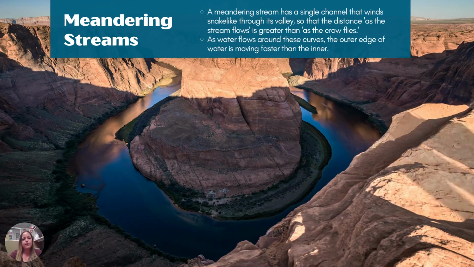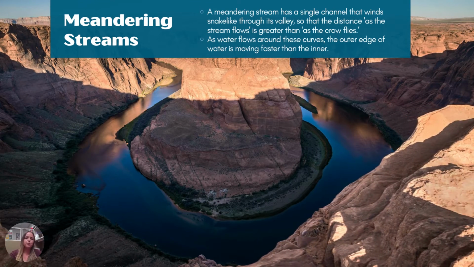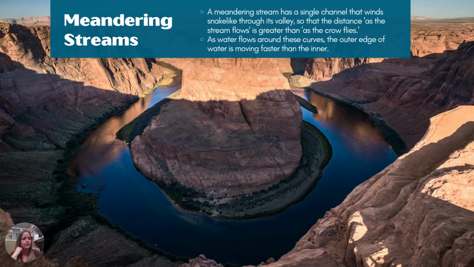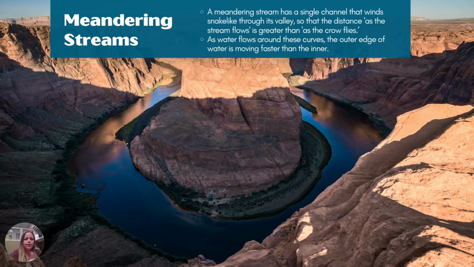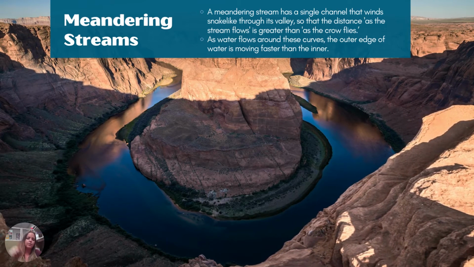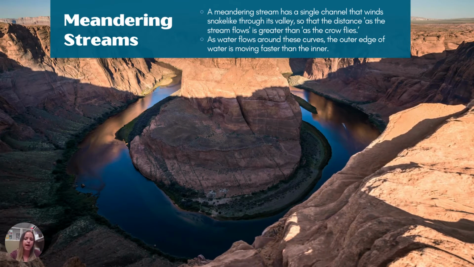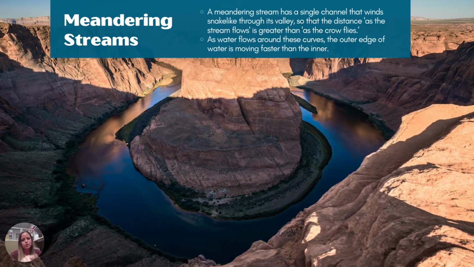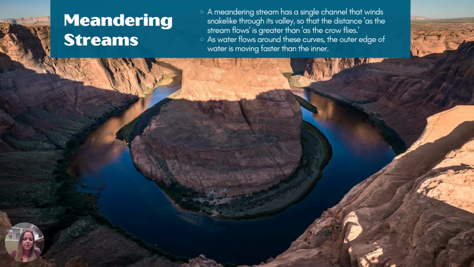Right, and then we have our meandering stream, which is a single channel that winds through landscapes. And so you'll see something that looks kind of curvy, and so here is the big bend in the Grand Canyon where the Colorado River is making its way around this, and I'll show you what happens when curves get so tight like this that nature just doesn't really want to work with us anymore.